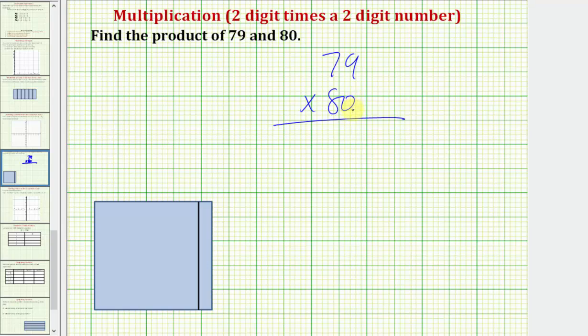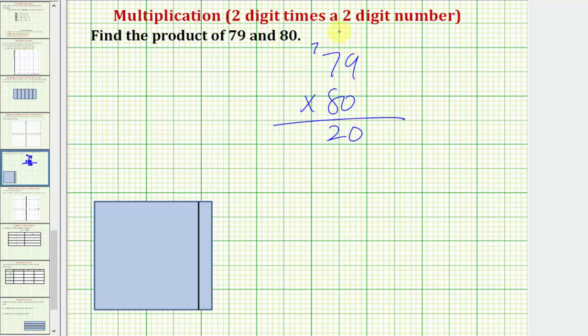Now here, because we're multiplying by 80, which is a multiple of 10, we're going to have a 0 in the ones place value. And now that we have a 0 in the ones, we can just multiply it by 8. 8 times 9 is equal to 72. So we'll put a 2 in the tens place value, and we'll place the 7 above the 7 in the